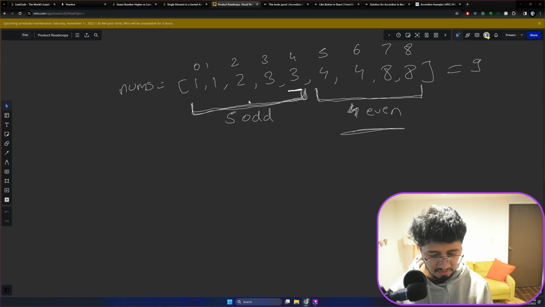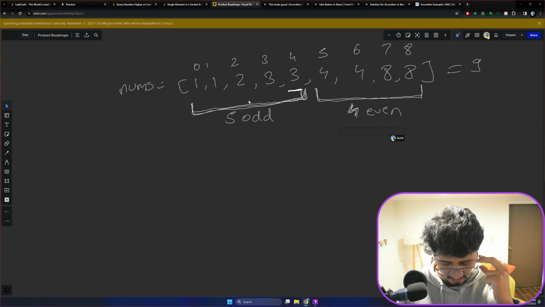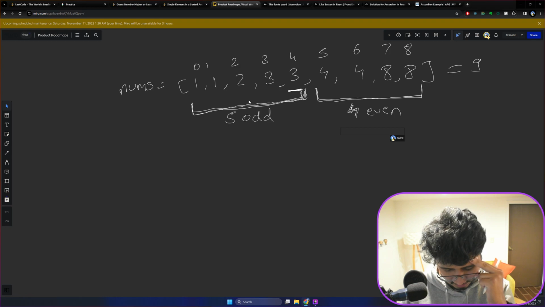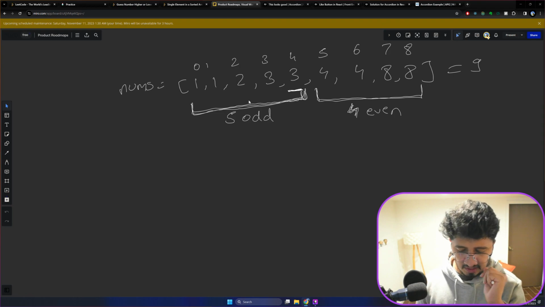So we have to consider that the number we are looking for can also be in this area, in this one, or we can basically check if my mid,